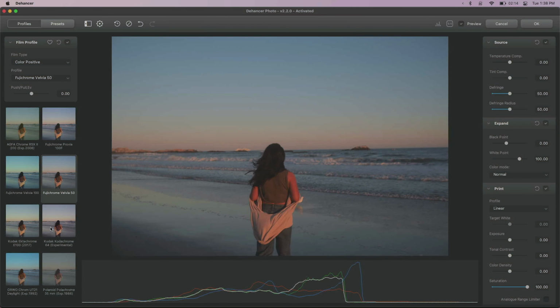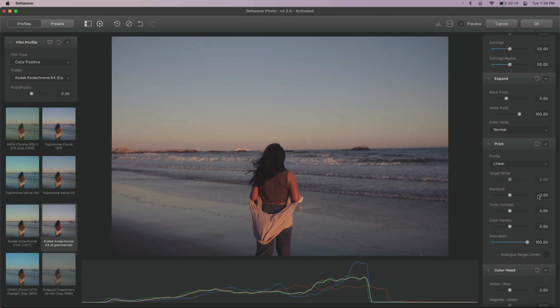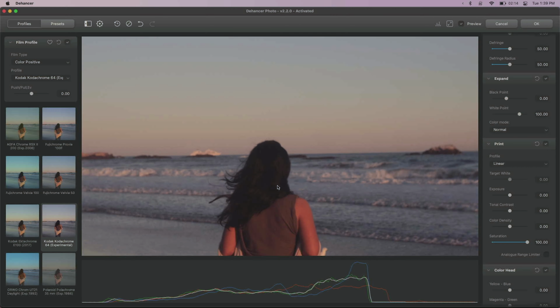I'm really liking this experimental Kodachrome here. I like the pink cast, the magenta cast that it has. Now I definitely want to crunch it a little bit. It looks a little too flat. Also,